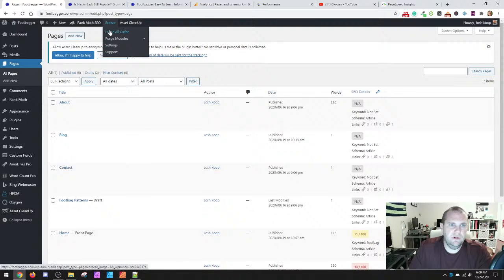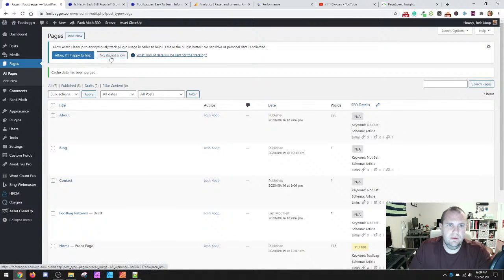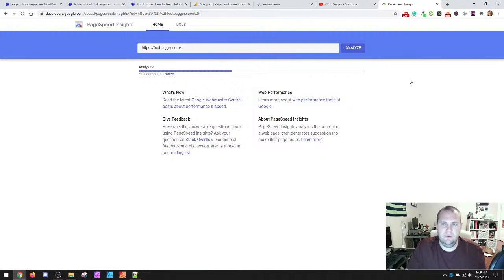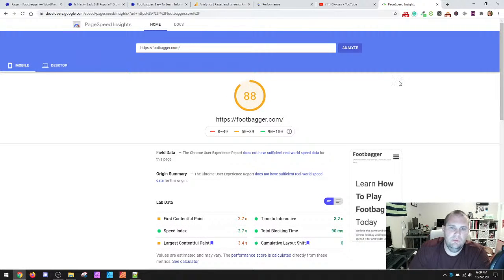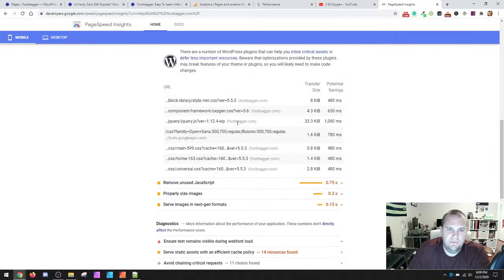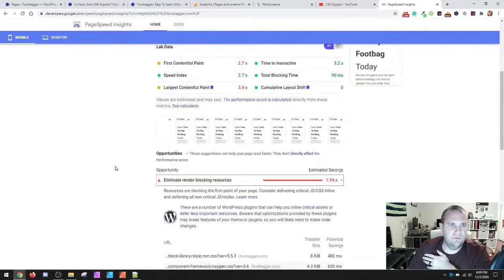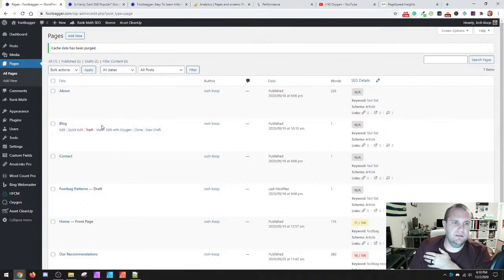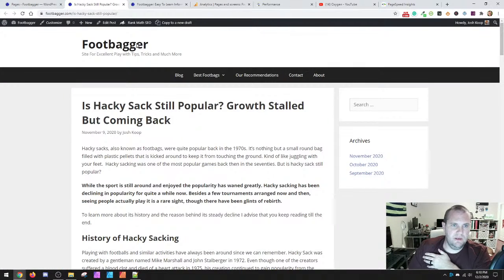And then what we'll do is go over to here and we'll purge everything. And we'll see if that changes anything. I would think since I flushed the cache, it should by default load much faster this time now that we've stopped those. Yeah, so mobile already went up to an 88, and that was just in changing a couple of things real fast. That's without going back through to optimize anything else that's in here, which obviously you could do with a little bit more work, but that 2 seconds to go optimize that page allows it to be immediately